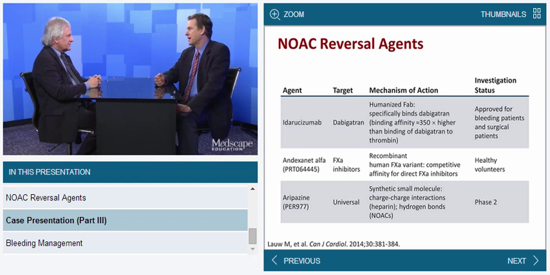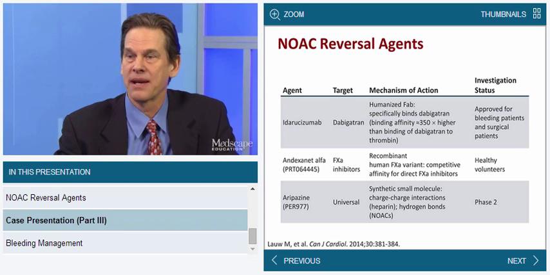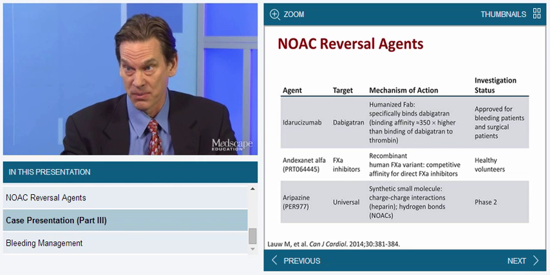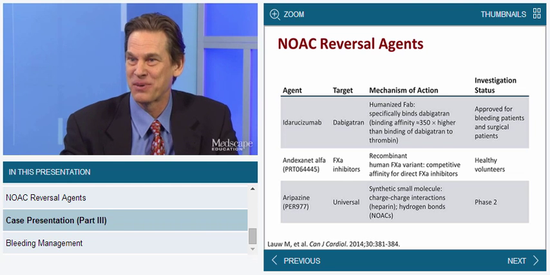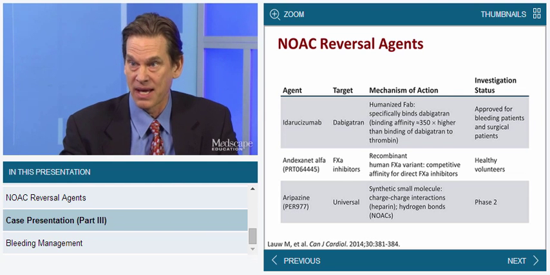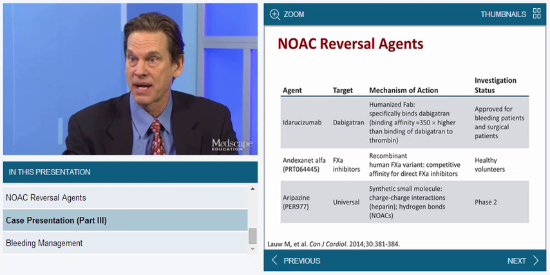Yeah, well, that's really interesting. So obviously, this takes away some of the anxiety physicians may have about what to do in a bleeding situation. No bleeding situation could be more frightening than a brain hemorrhage. So you've got something to give in the ER in a brain hemorrhage. But what you're bringing up is really interesting. So one of the patients we talked about earlier, if this was a patient who had taken their 10A inhibitor within 8 hours, you would go ahead, give the antidote, and then go right ahead with TPA?